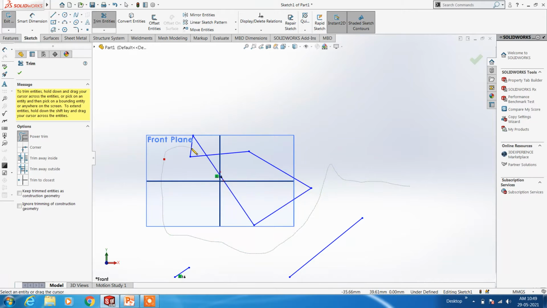If you want to undo the trim, just move backward to the red color dot. You can easily untrim by moving backward to the red dot.